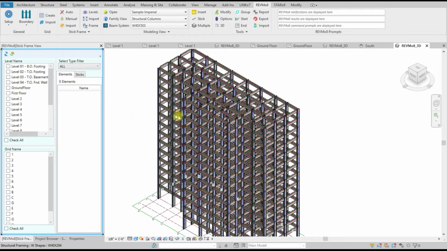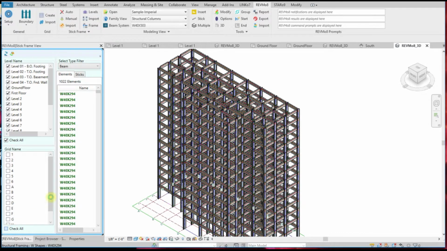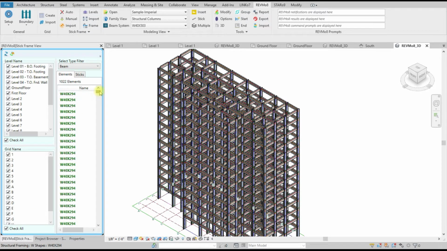So you can do visibility control and also modifying. Let's say here it lists all the levels, and here it lists all the column grids. I want to list all the elements here, so I check all the levels. You can check and uncheck any of those. To make it easy, I want to filter only the beams, and then check all the grids. So I have a list of all